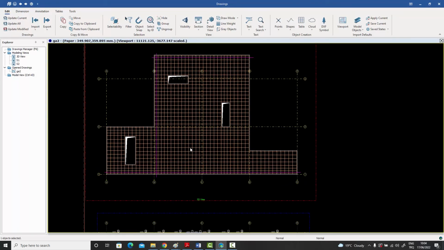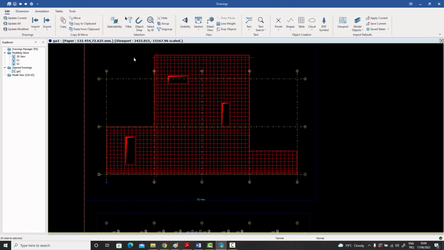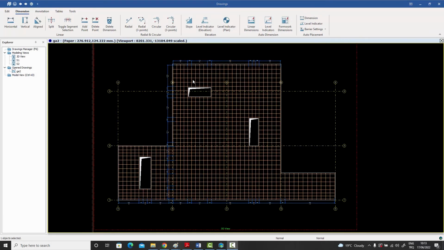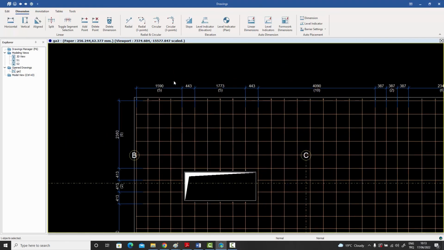I've created 3 lines, and let me now select the whole thing, because I want to select the formwork as well as the lines as well as the rebars. So wherever these lines are intersecting with the rebars, I just created 3. I could have created more depending on my need. So now I'm going to go to my dimension menu and once again get back to this one and just press it. Now when we do that, we will see, and let me zoom in,